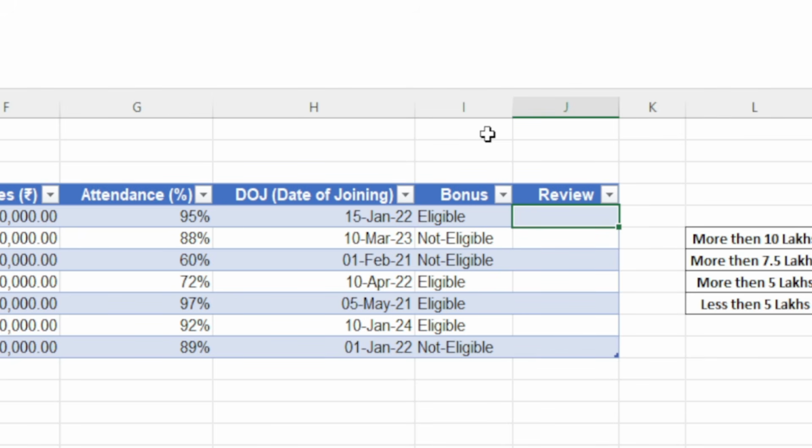Okay, let's write the formula here: equal to if. So our if condition is on sales. So we'll point the cell value there. Always, if you are writing multiple conditions, start with the higher digit first, and at the last we will write for the lower digit. So greater than or equal to 10 lakhs. So nested if is after the true value. So our true value will be outstanding,